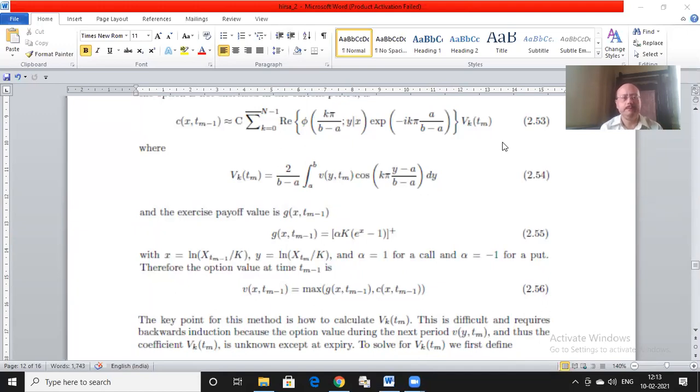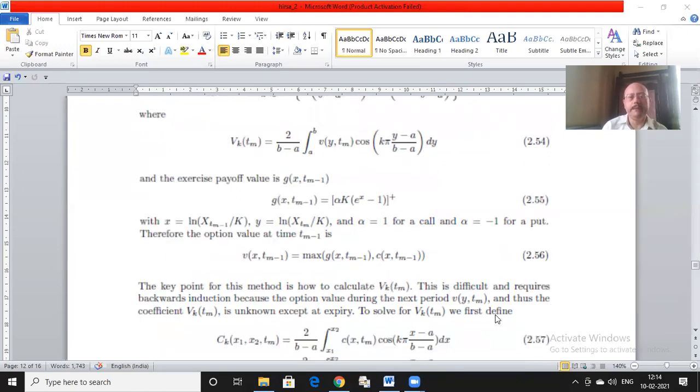So the easiest way to do it will be to start from the end. From the end where there are not many more decisions to be taken. So the easiest problem will be at the expiry date where there is no continuation option. That would be the easiest problem. And then we go to the next easiest problem, which is the T capital M minus 1 time point, which is the last intermediate exercise node.